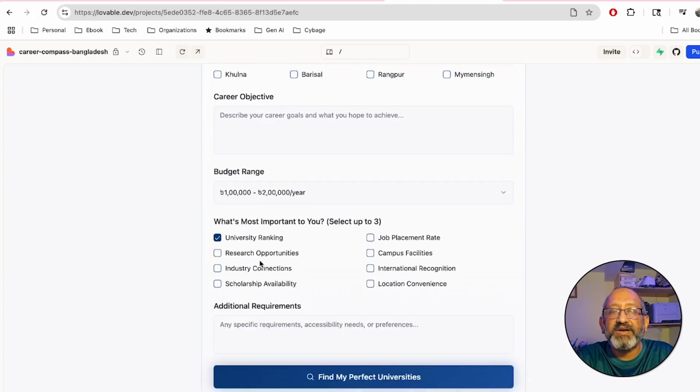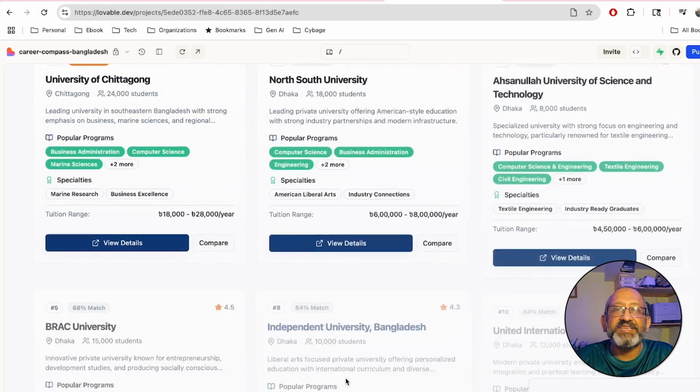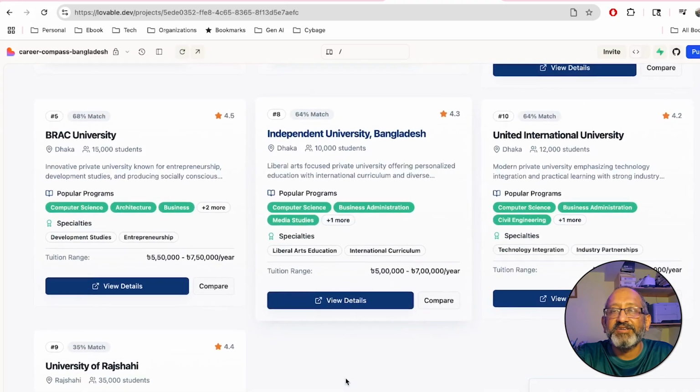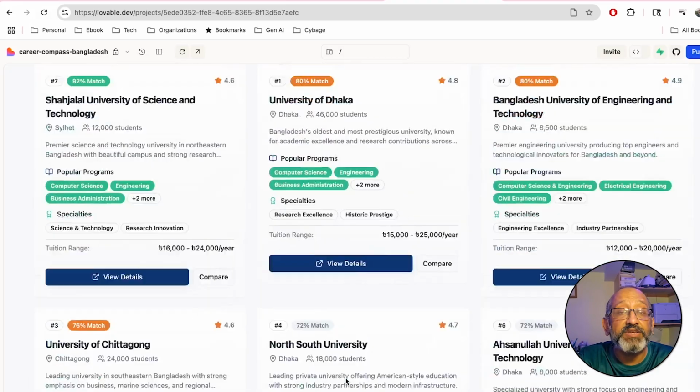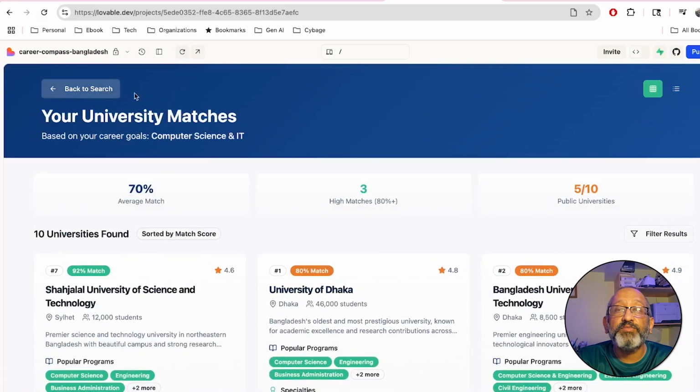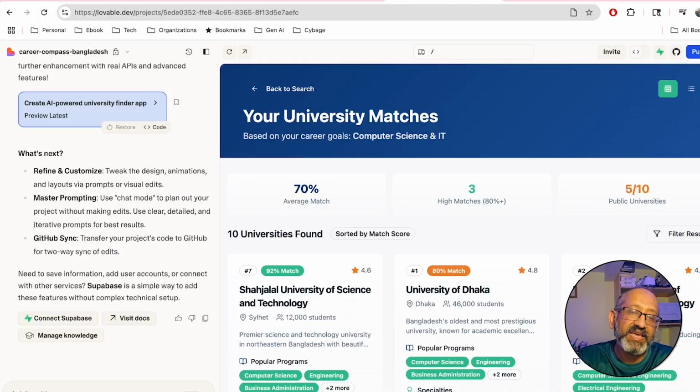I'll pick some, whatever, 3 of them, and hopefully it will give me something good. I don't know, it just picks some random one. If there is something wrong, you have to start iterating. Most of the things are very simple and easy to do. If there is any error, you can ask here, or you can go to Claude and ask for it. That gives you a really good result.